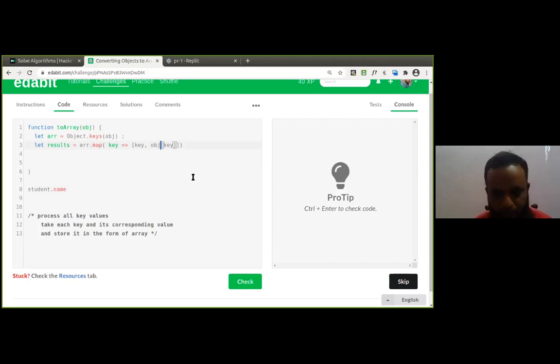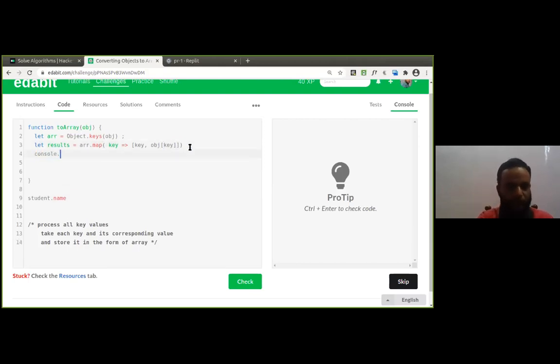Yeah, very good. Keys may contain spaces. Keys may sometimes be represented in the form of a string. Just like in the previous example, we got A, B, C represented as strings. So in that case, it is better to use square brackets, that is a subscript. We give object of key. Clear? Let's see if we are getting the result correct or not.